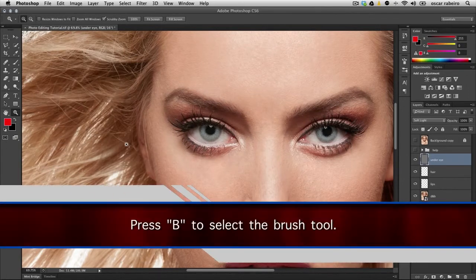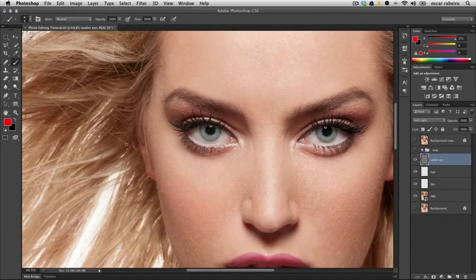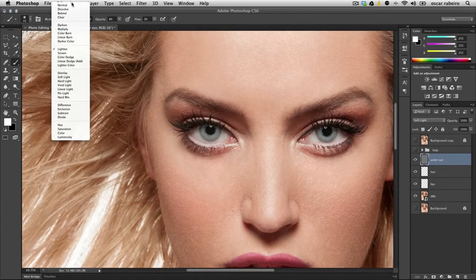So we're going to hit the B key for the brush, and hit the D key for the default, and when you default it, the foreground automatically goes to black and the background color to white. So we hit the X key, and when you hit the X key, it transposes the foreground and the background color. So now that we have this, we've got the under eye soft light layer selected. We're going to go to the brush, do normal,